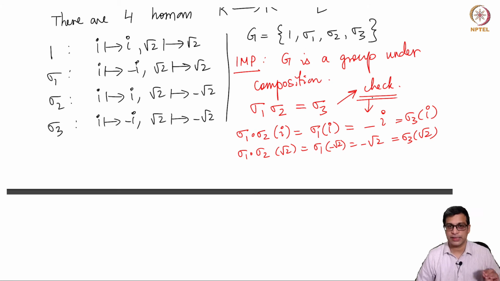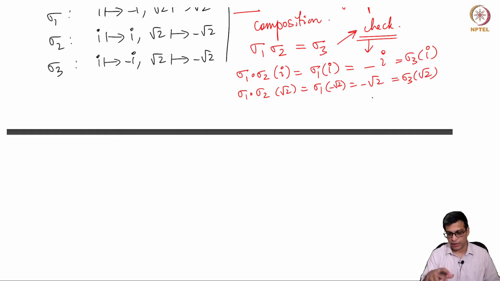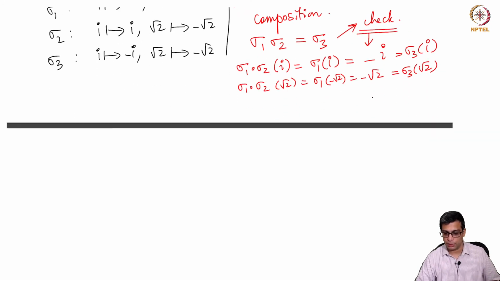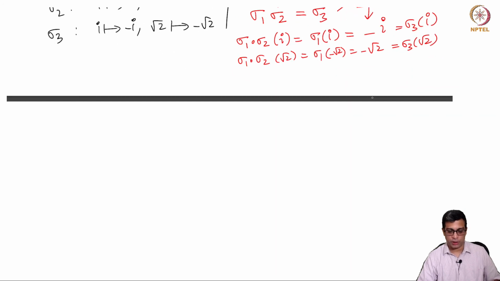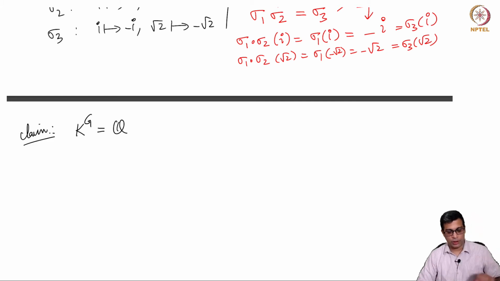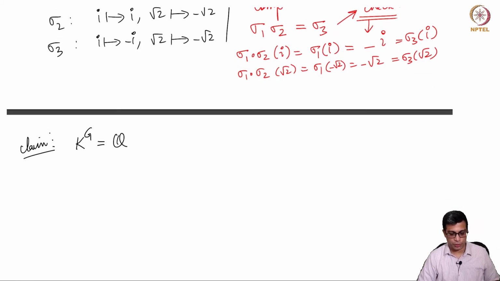So this is getting to the crux of Galois theory. We will analyze this more later, and I will formally state this as a lemma in a future video. But now let's come back to the fixed fields. What is the fixed field? I claim that the fixed field is Q. This is something I'll allow you to do on your own, but maybe I'll start the process.